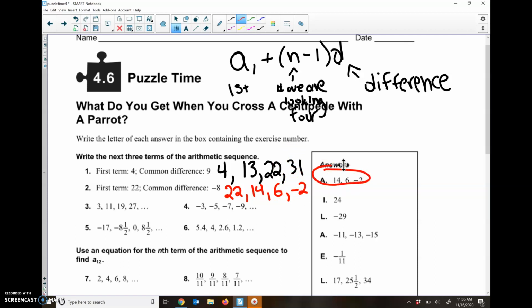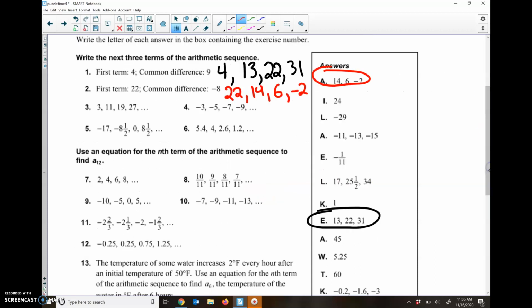Okay, no difference on 3, 4, 5, 6. Those are all going to be the same. And then 7 through 12 is when we want to start using that formula, because now we're looking for the 12th term. Okay, so again, just like on number 7, I could just be adding 2 each time. Here's the first number, here's the second number, here's the third number, here's the fourth number. I could do that 8 more times until I get to the 12th number, but let's just use this equation